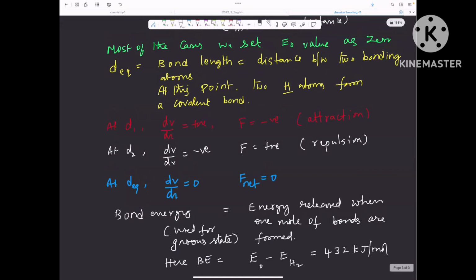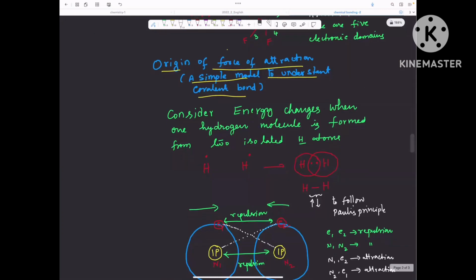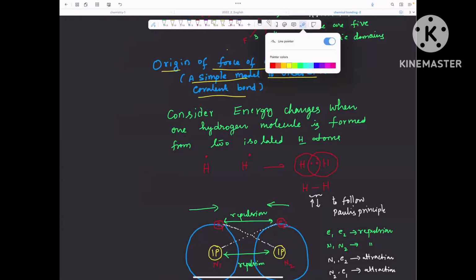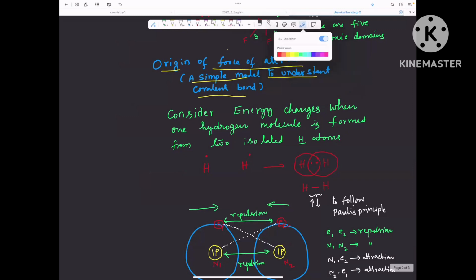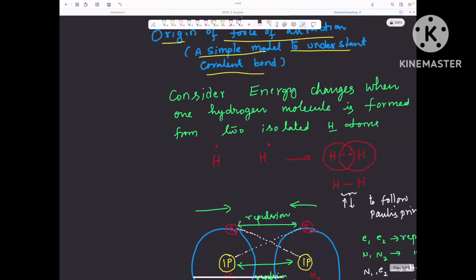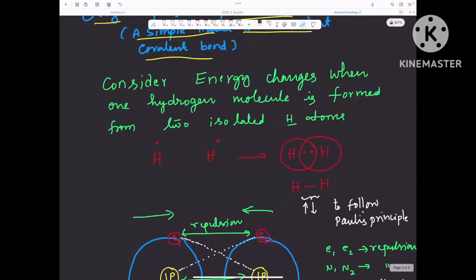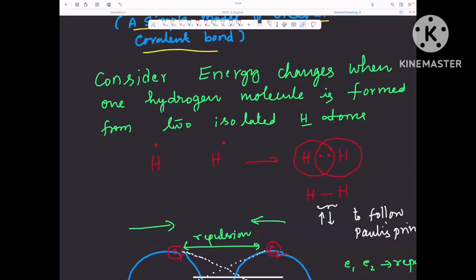Once again, let us see what happened. We are going to study the origin of force of attraction. We are taking a simple model to understand a covalent bond. Therefore, I am considering the simple molecule. Consider energy changes when one hydrogen molecule is formed from two isolated hydrogen atoms. They are infinitely separated. Then both hydrogen atoms commonly share an electron pair that results in the formation of hydrogen-hydrogen